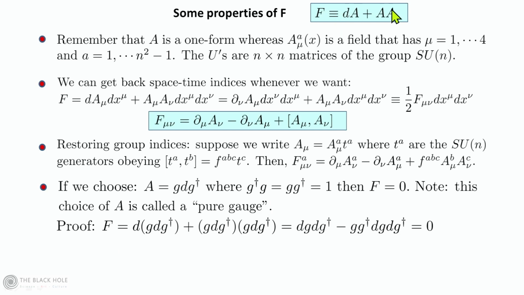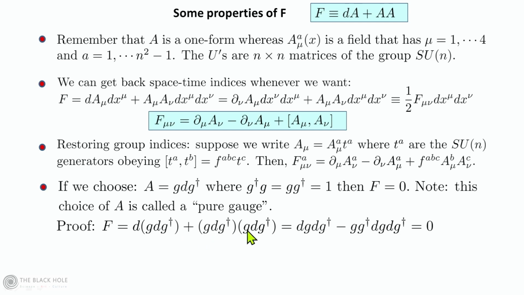So let's take our definition of the two-form field strength tensor F. This is dA plus AA. Let's fit that in. So d acting on G, G dG†, and then